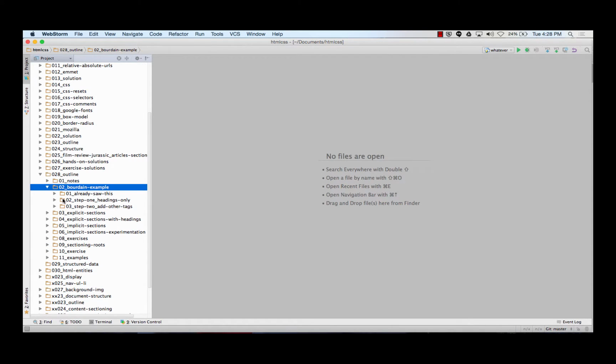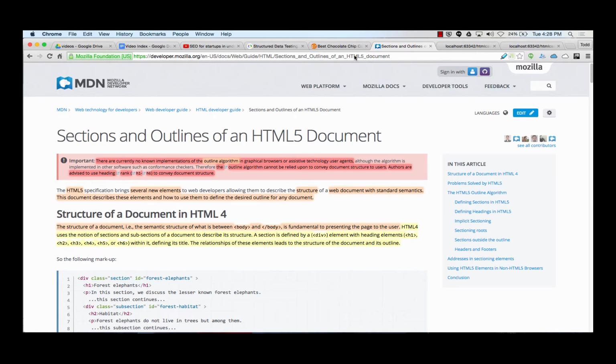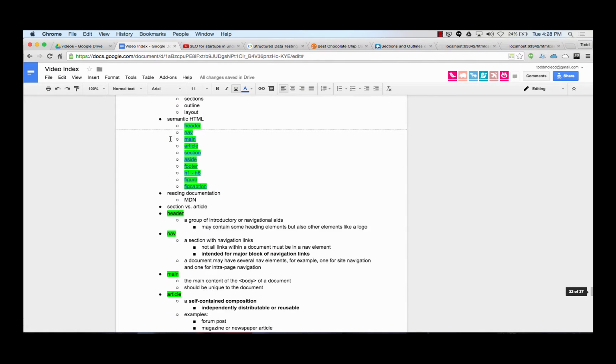And that's what happens in the first one. So let me teach you that, and then we'll come back to this example, and it'll make sense. So here we could create explicit and implicit sections. And so if we look at our notes, I've sort of distilled from all the documentation